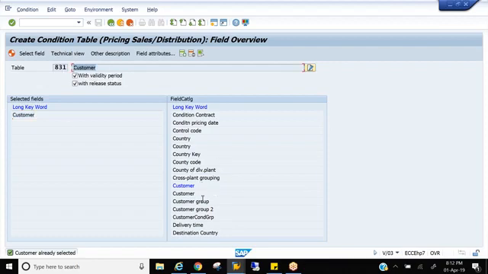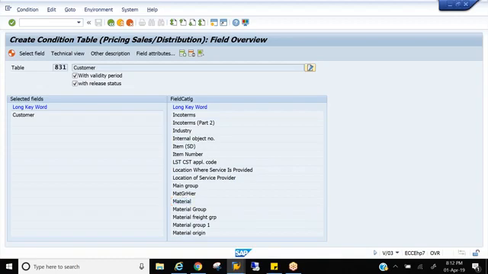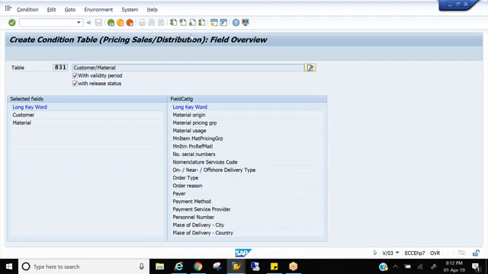And the next field I want is material. So I'll go for the M alphabet. Yeah, material, right? Just double click on the material. So it will come here, right? So what is the field combination I am taking now for this table 831? Customer and material. Okay, see, are these the only fields available in SD module? You see how many fields we have?